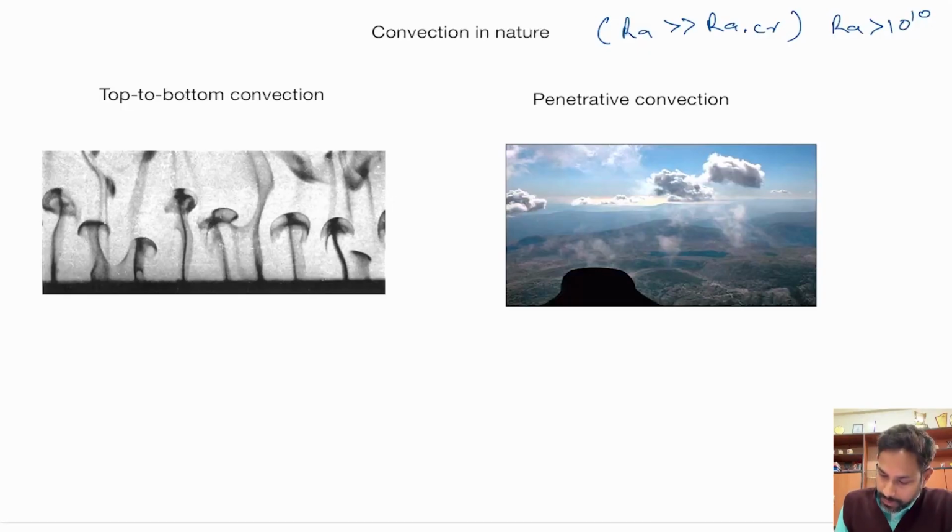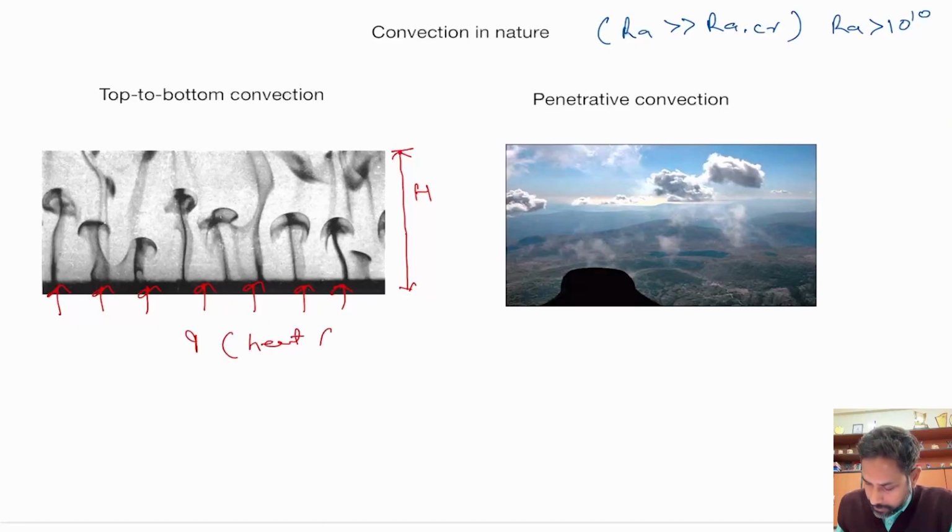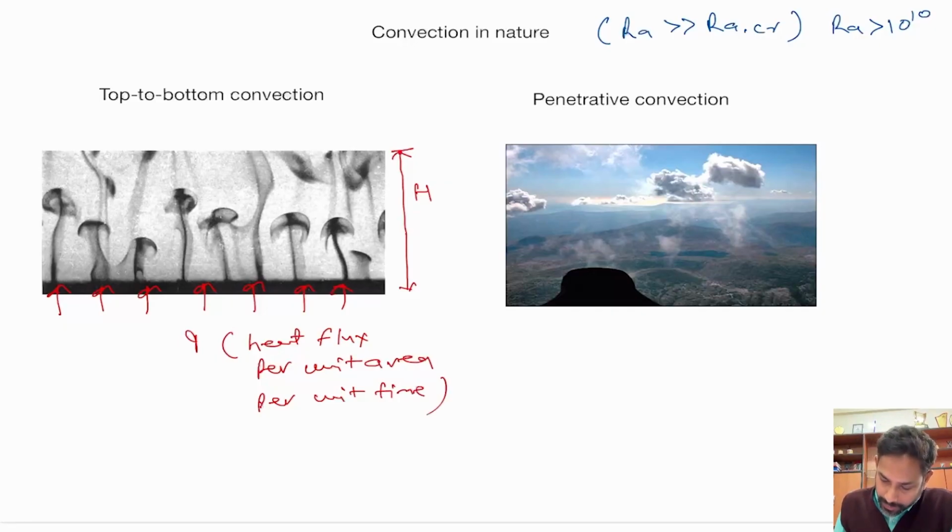So top to bottom convection is something like this, where we assume that this is a fluid layer of depth h, okay, and when convection happens, we are heating it, right, we are supplying some heat, let's say that is q, the heat flux per unit area per unit time. So this heat that we supply actually creates convection, and the complete layer of the fluid which you have here comes under the effects of convection,